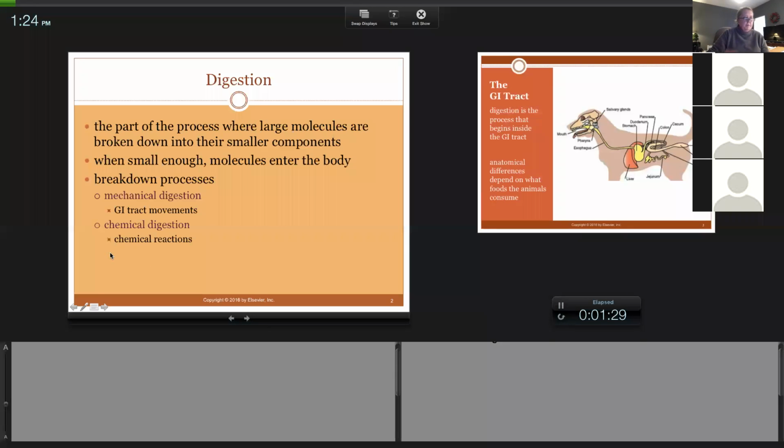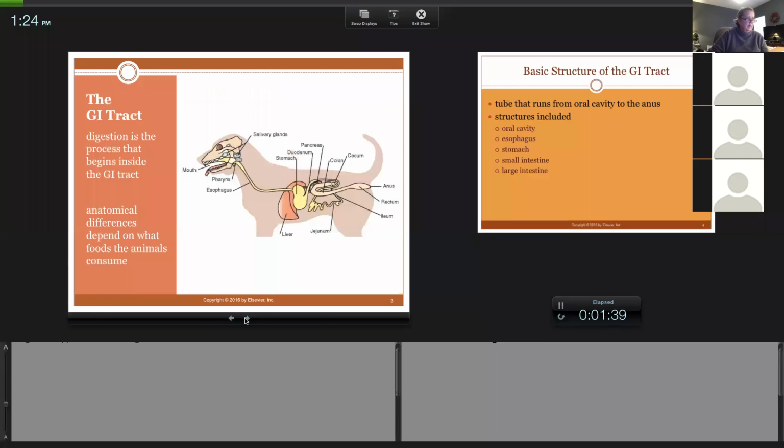Okay, so just being familiar with locations and the difference between chemical and mechanical digestion. Identify structures within the GI tract and outside the GI tract. If you remember, the mouth connecting to the esophagus, stomach, small and large intestine are all the